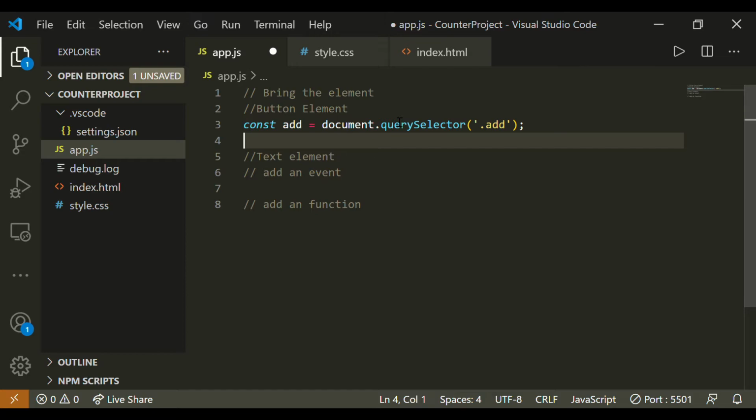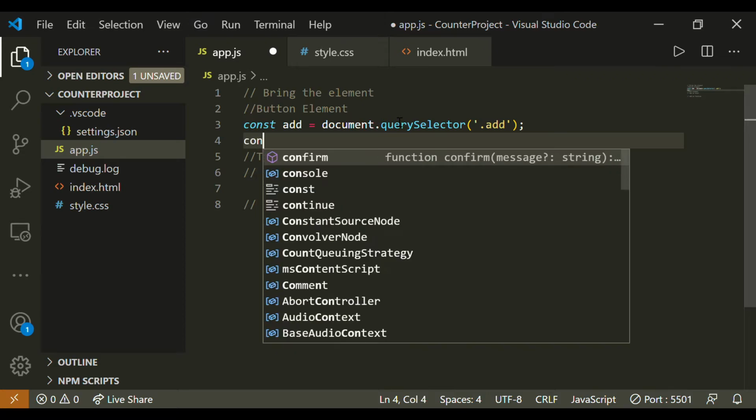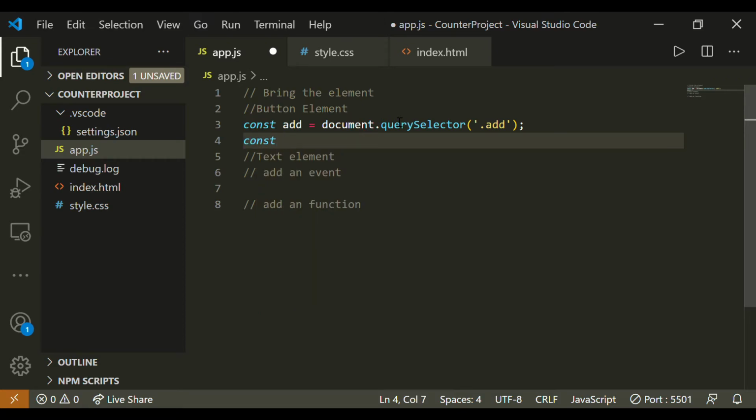If it's a class, you need to write a dot in front of add, and if it's an id, you need to write a hashtag before the name. So it was our class name add, so I have written .add.